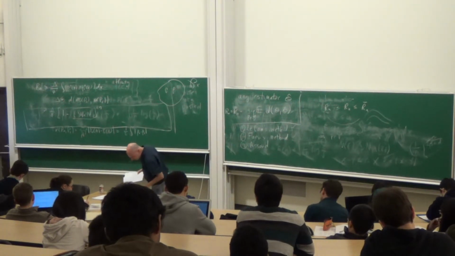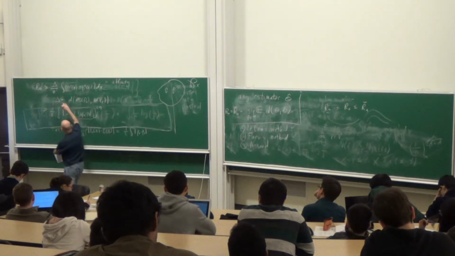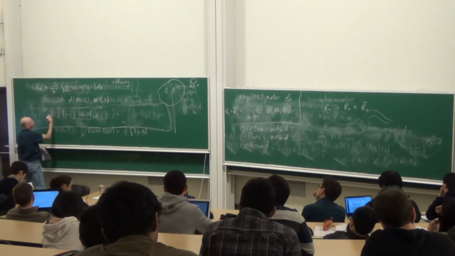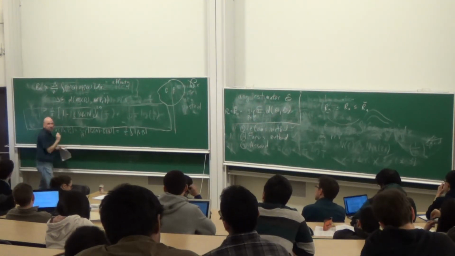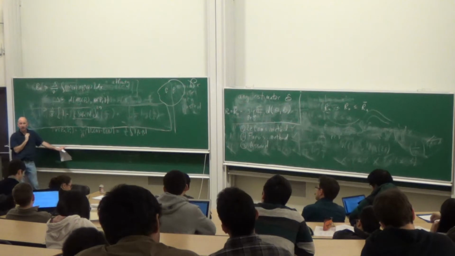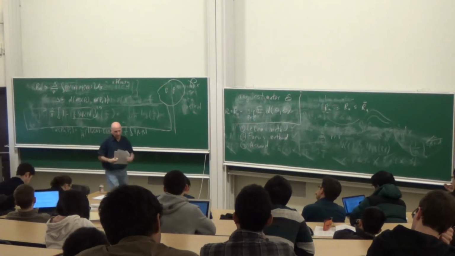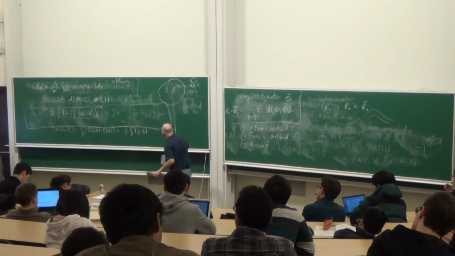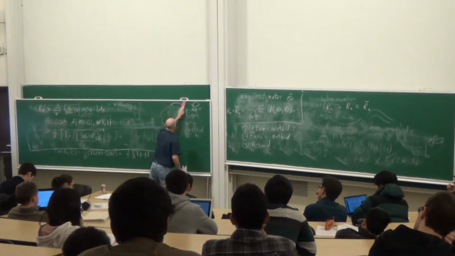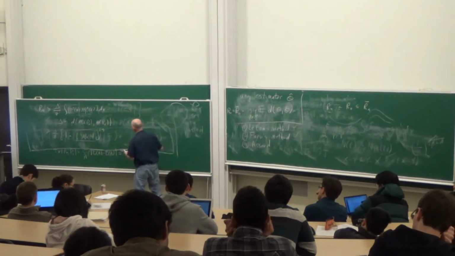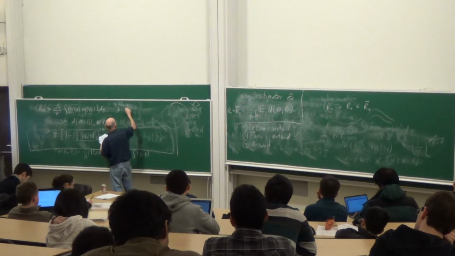The other thing, though, I want to show you is another way to write this. So this is bigger than this, which itself is bigger than this, and people often use this form just because it might be easier to compute and easier to think about. But there's another bigger than or equal to here, which sometimes people use, which is that this is bigger than or equal to delta over 8